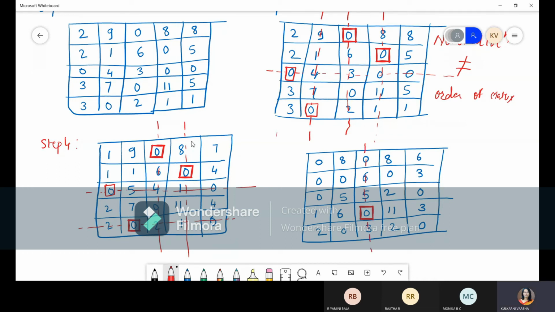Right? We have cancelled this column. Now the next row. In the next row there are 2 zeros, so we cannot allocate it, leave it. Now check column wise. When we go column wise, there are 3 zeros, leave it. There are 2 zeros, leave it. This column is already cancelled, we cannot do anything here. Then in the fourth column there is a single 0, so we'll allocate it. If we are allocating column wise, then we have to cancel the row. So we'll cancel this row.